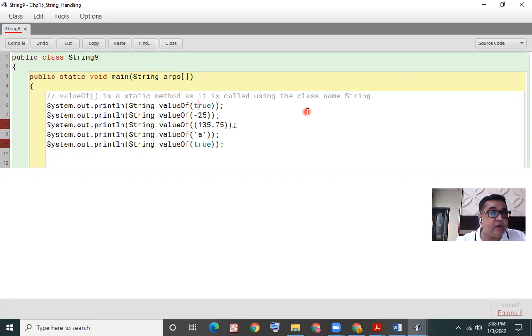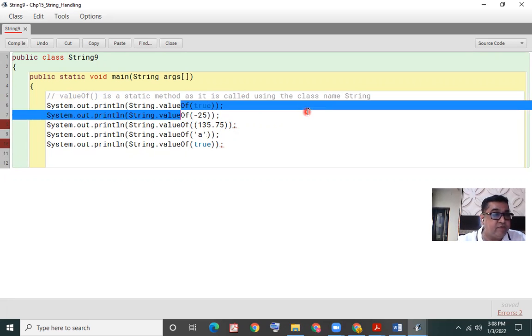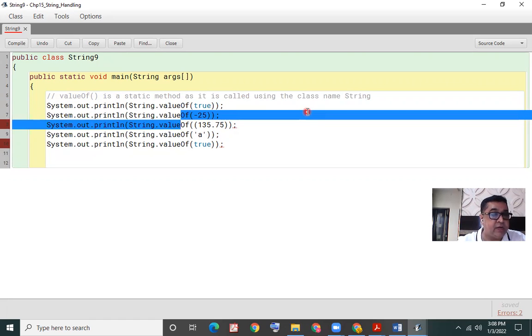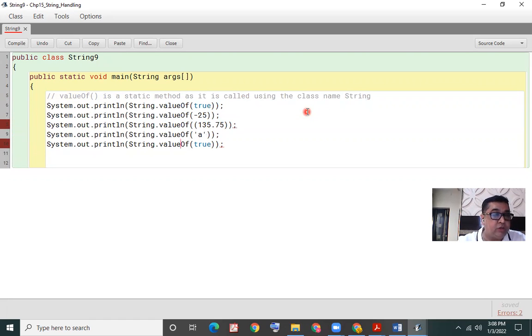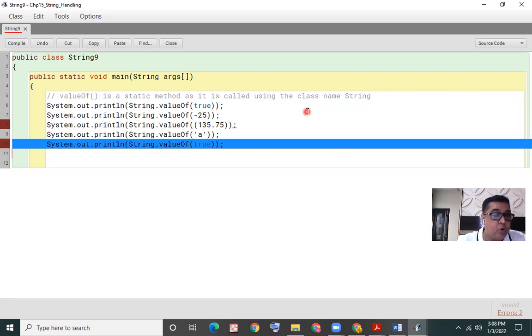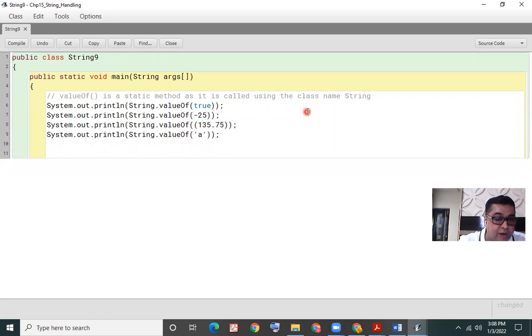So I provided a Boolean value in the first example, an integer value in the second, a double value in the third, and a character constant in the fourth. All these respective values will be converted into string types and displayed.